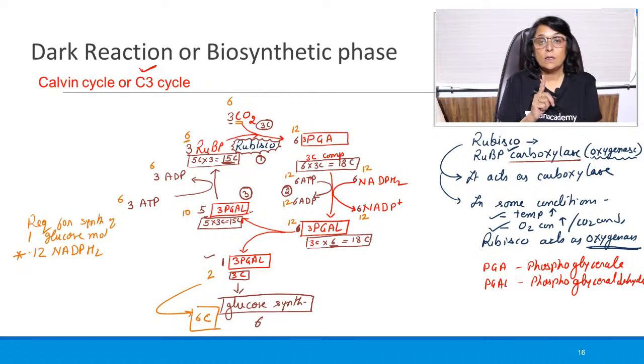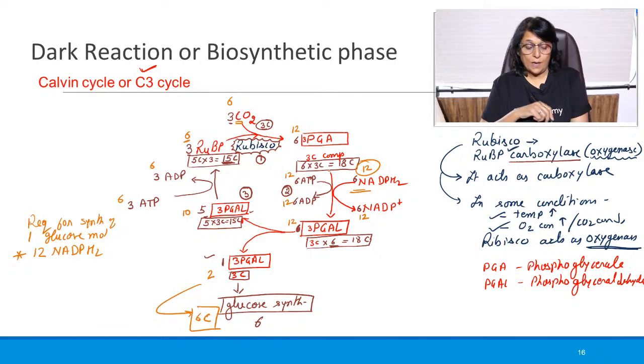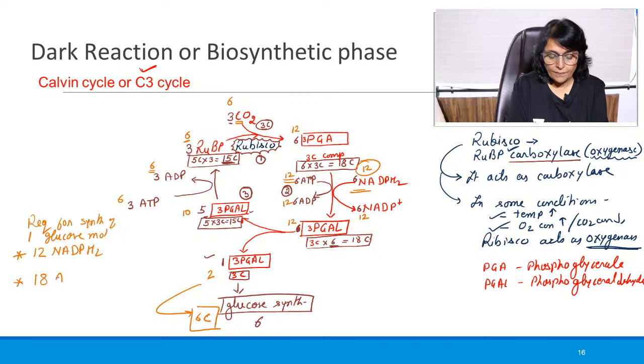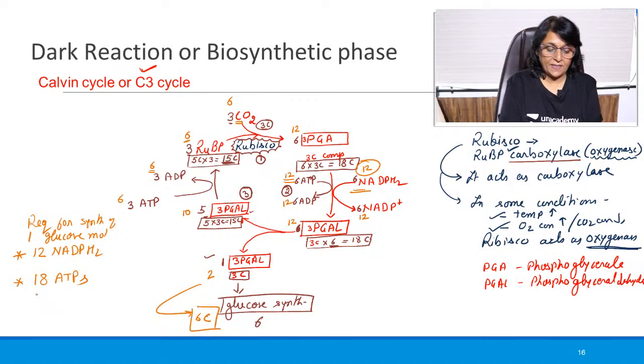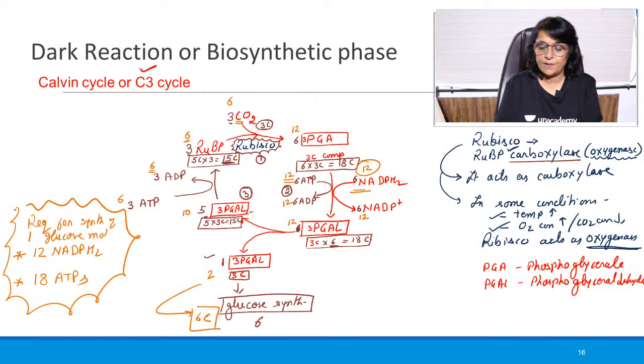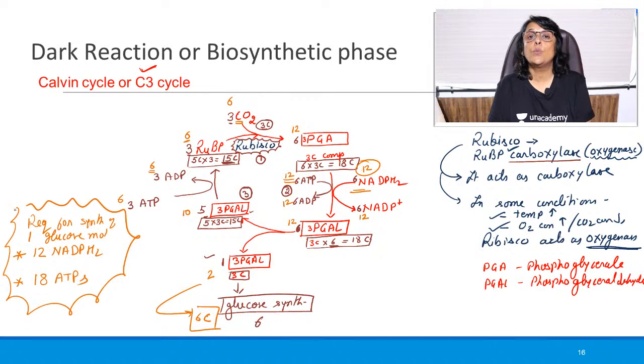One thing is 12 NADP here, this 12. And how many ATPs are required? 12 here and 6 here, that is 18 ATPs. This is very, very, very important. This is what is required to synthesize 1 glucose